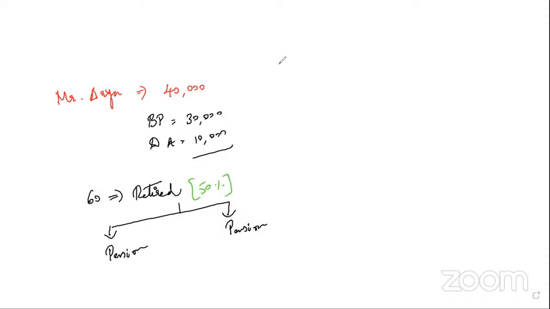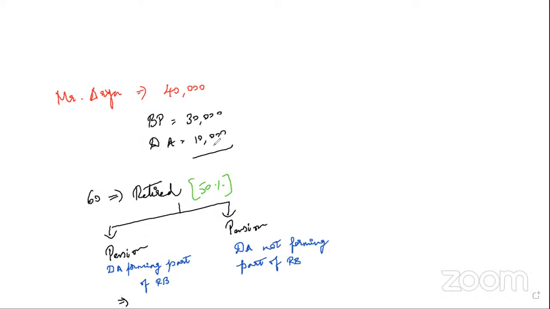Here the criteria is: DA forming part of retirement benefits. Next criteria: DA not forming part of retirement benefits. When DA is forming part of retirement benefits,